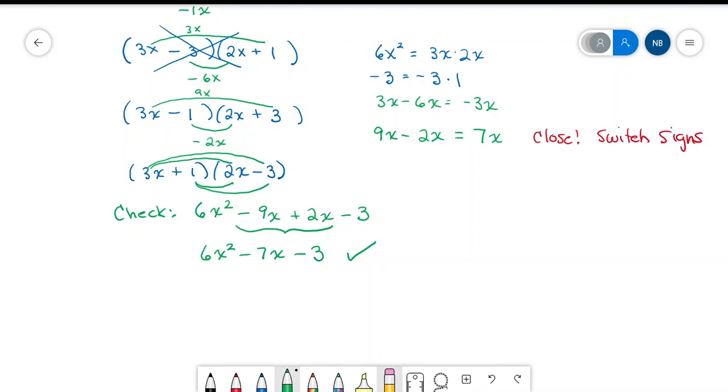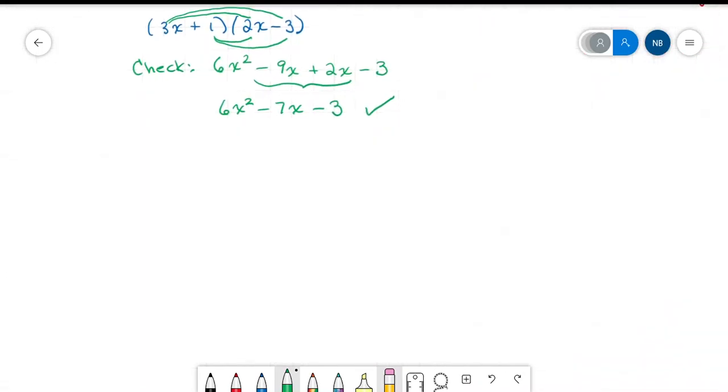So this is why I say if you don't enjoy mental math and you're not good with your times tables, this is probably not the method for you. However, if you like math, if you plan on going into a math-based field, this is absolutely the best practice and the best mental exercise you can do for preparing for college. We're going to do